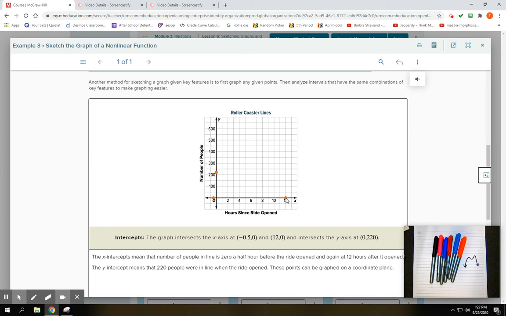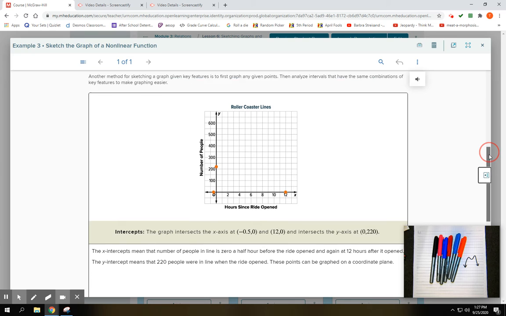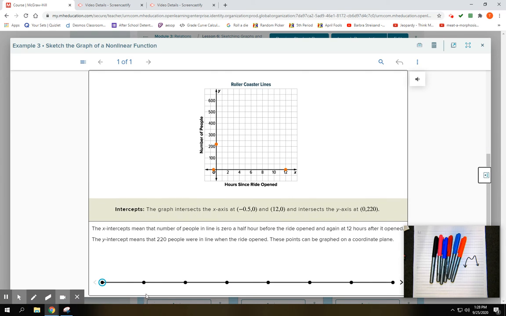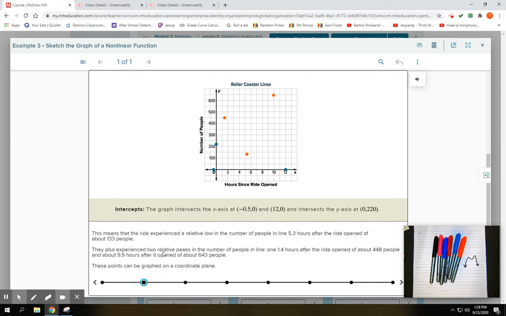that there is 0 right there, again, 12 hours after we open. The graph intersects the x-axis at these 2 points. We already said that. This means that the ride experienced a relative